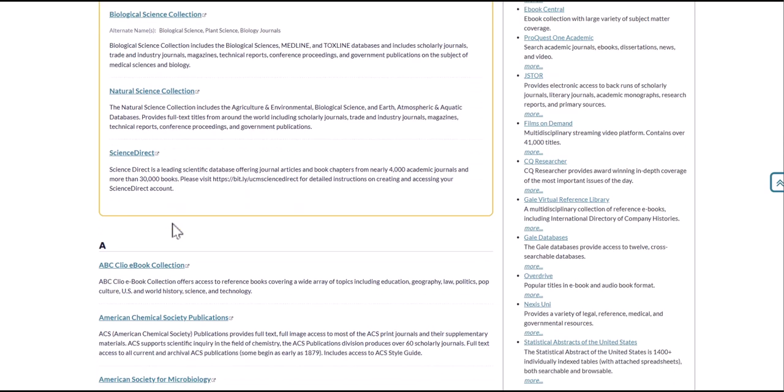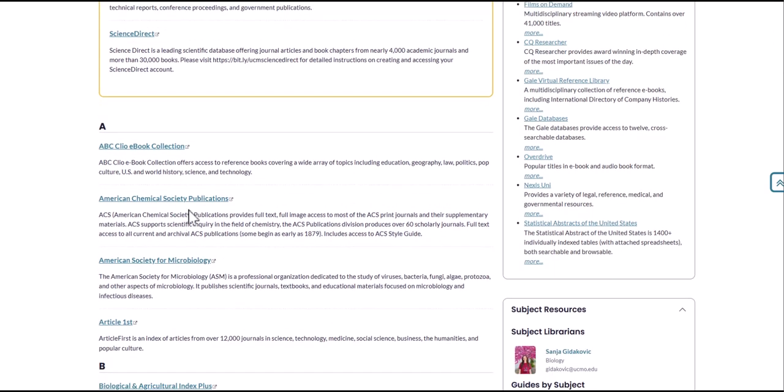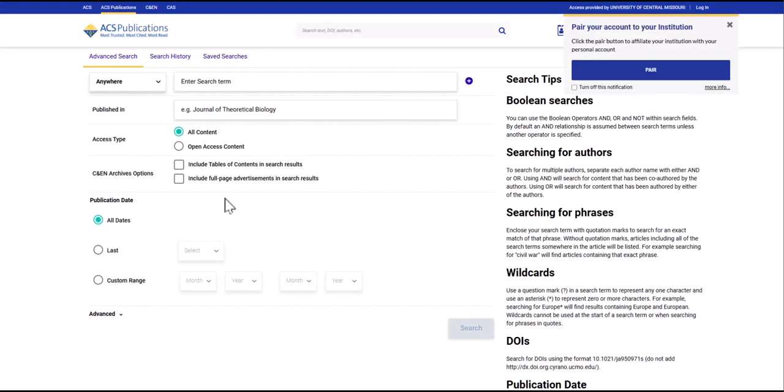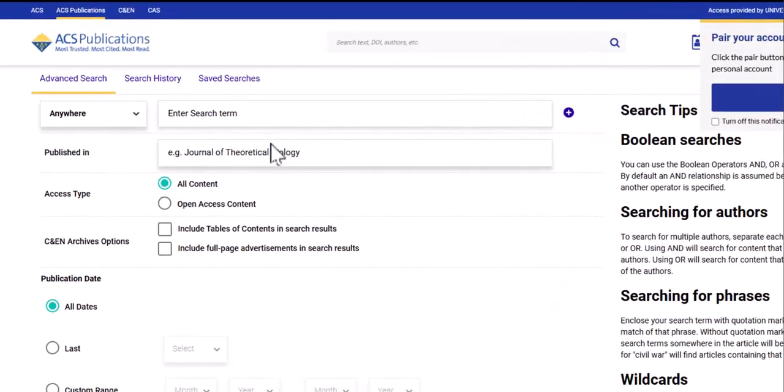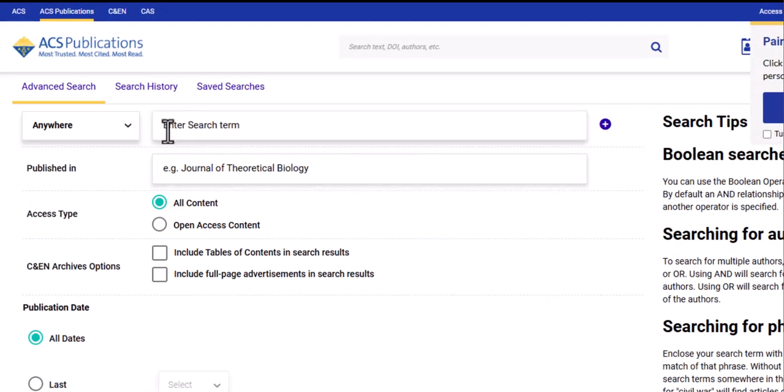Subject databases might use interfaces similar to larger multidisciplinary databases like ProQuest databases, or they can use specific standards to their profession, such as professional organizations like the American Chemical Society, or other standards. So each subject database might look a little different than the last, but typically they're all going to use the same kind of search interface where you want to enter a very broad term and then use those database filters to find what you need next.